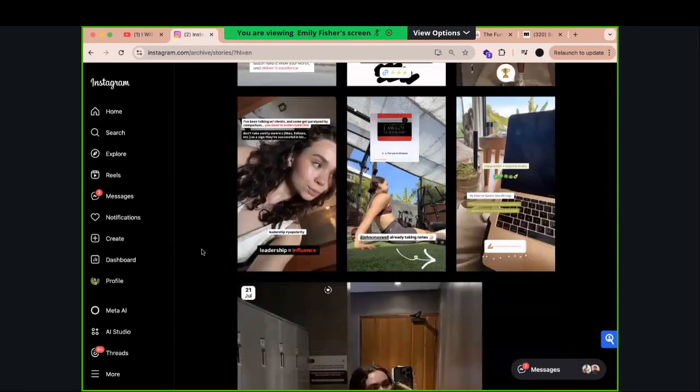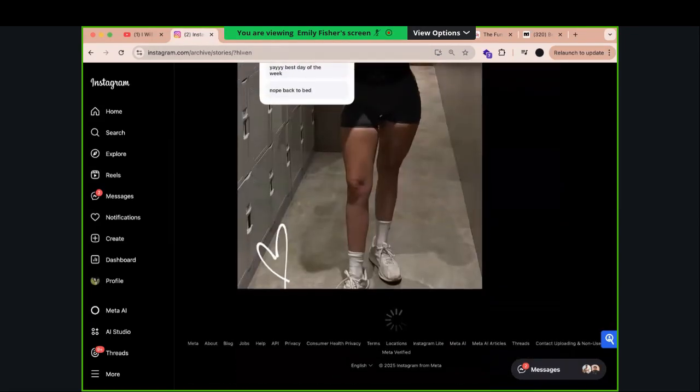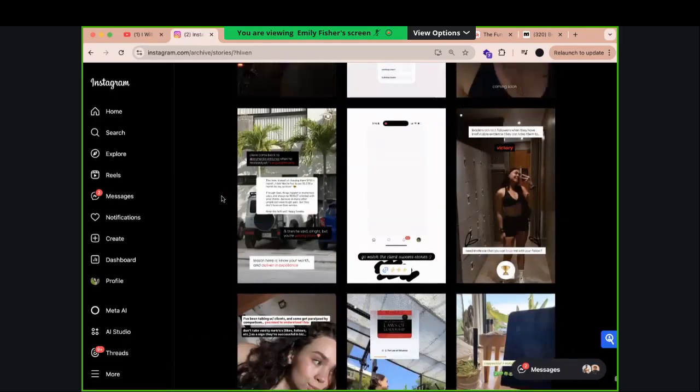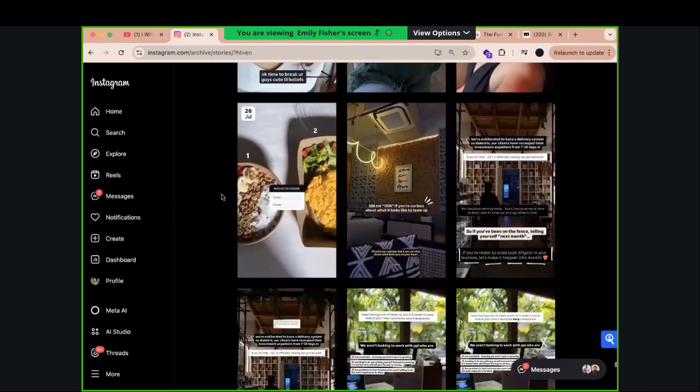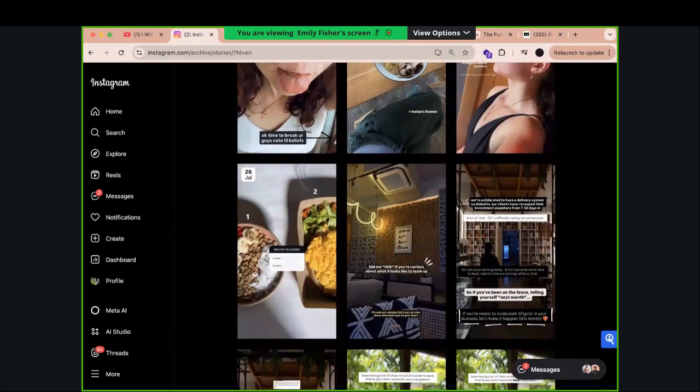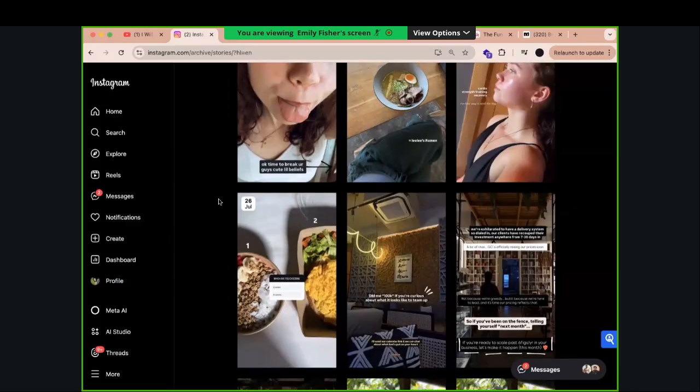Can you repost stories from there too? Probably. Is this only on your computer? I think this is only on your laptop. Can someone check real quick? I just did, I don't see it. Yeah, you can do it on phone. It's just a different location. It's the three dots, and then